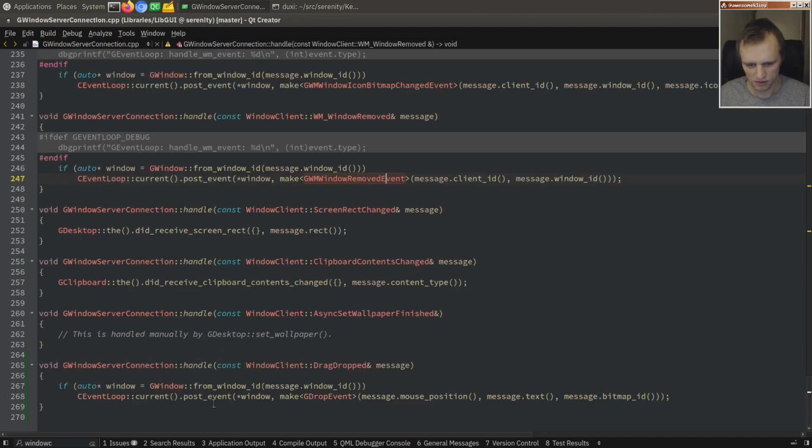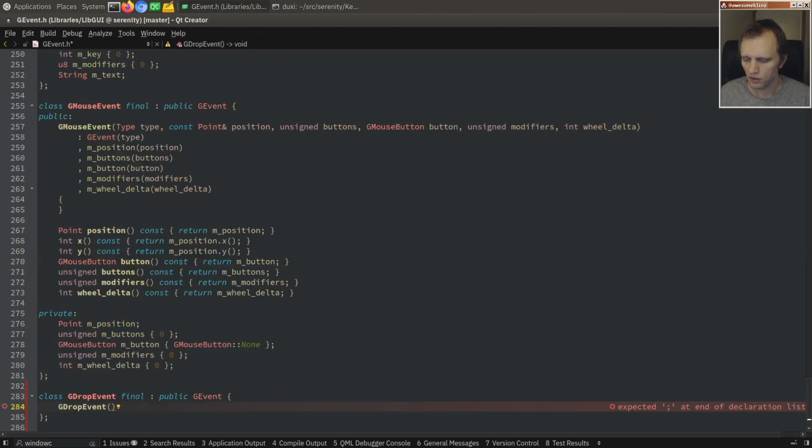What did I put in it? Mouse position, text, and bitmap. So point mouse position. I guess position would be fine. Const string text int bitmap